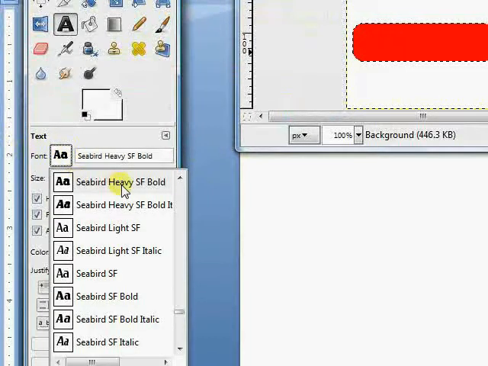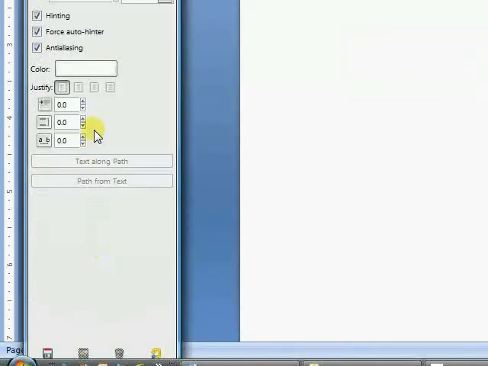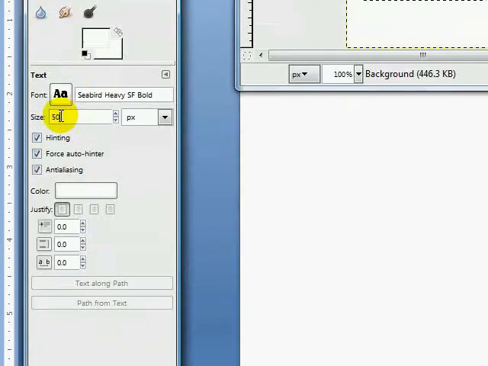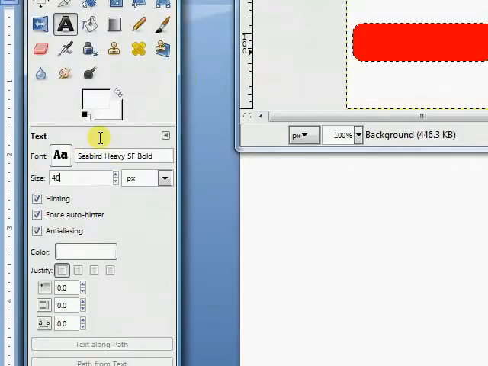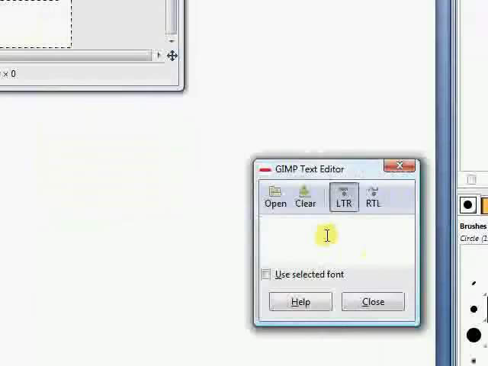For the font, let's use Seabird Heavy, we're going to use Seabird Heavy SF Bold, and let's try size 40 pixels, and let's type in here. And we're going to type in buy now,